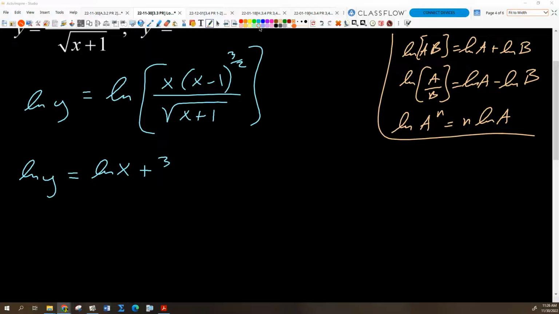There you go. 3/2 times the log of x minus 1, and then minus the log of the bottom, right? Okay, Jonathan, what's the log of the bottom going to look like then? So would it be 1/2 log and then whatever u is, so x plus 1. There you go, right? Okay, everybody good with that? Does that make sense? Okay, that still kind of looks somewhat bad, but not nearly as bad as what we